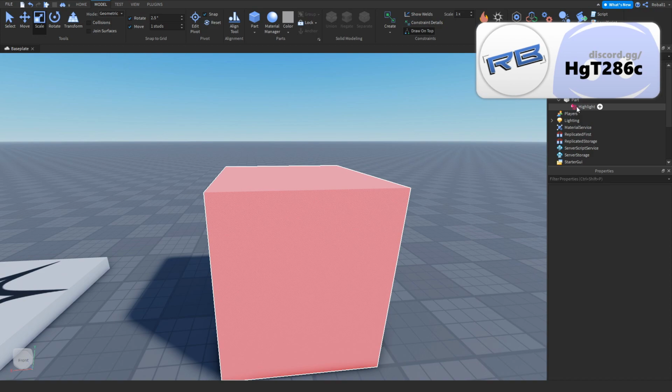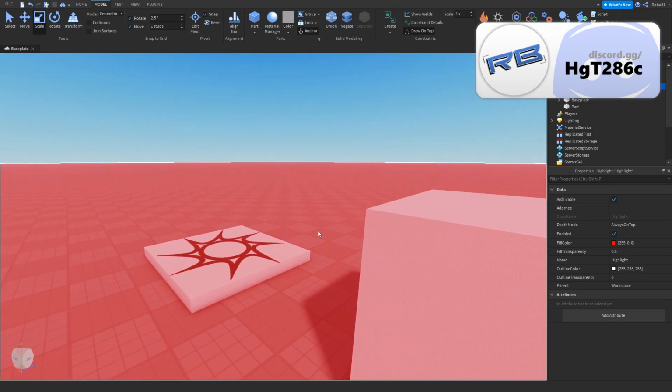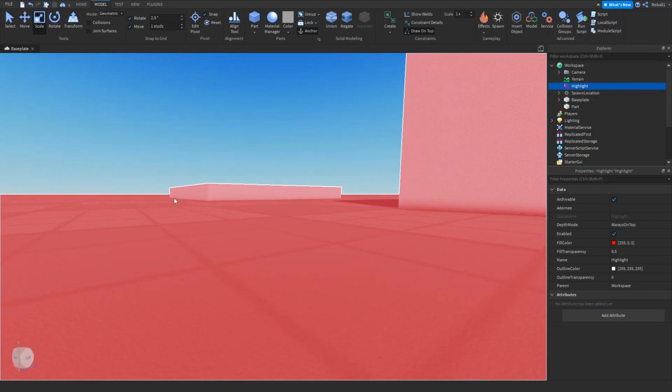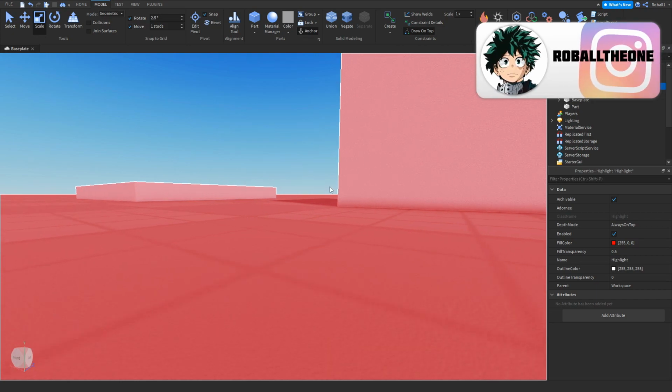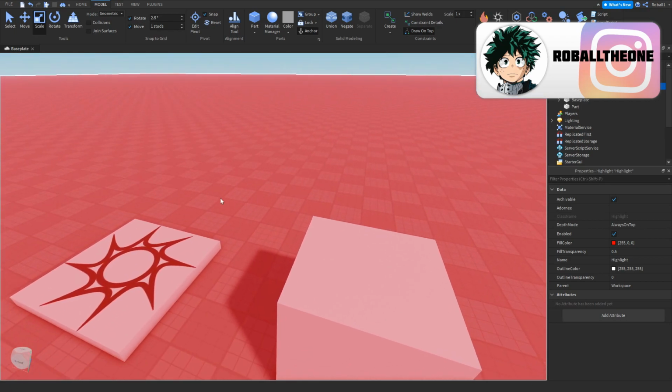For example, if I were to take it out in my Explorer and drag it into my workspace, this is what it looks like when it highlights everything. Now if I were to go ahead and move my camera down a little bit, you can see that the outline is white and it outlines even the spawn point and even this part and even the base plate. Just depends on what angle you're looking at it from in order to determine how the highlight outline will be